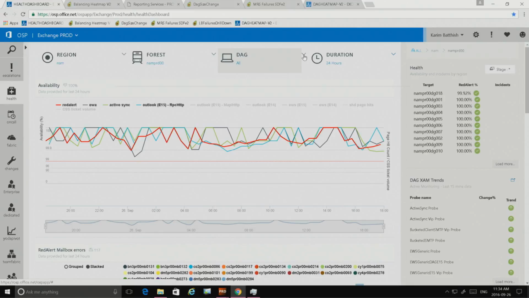There's a couple of things that you'll see there. The red alert line, Eddie will talk about later when he describes red alerts, but it's an amalgam of the availability across protocols. It lets us find problems even before individual protocols will fail.